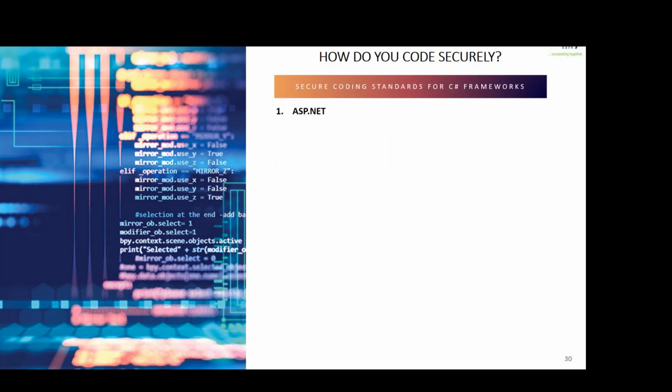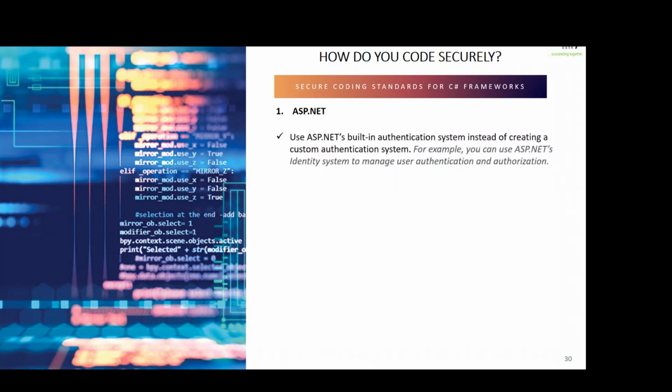All right. ASP.NET. I know this is one of our frameworks being used here in the bank. We know that the C# frameworks such as ASP.NET and .NET Core have their own coding standards. As developers, you should always follow these standards when developing applications using these frameworks. Number one, when you're using